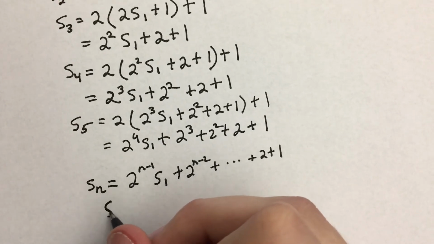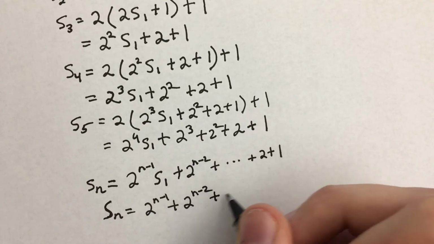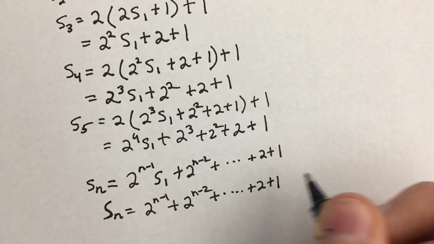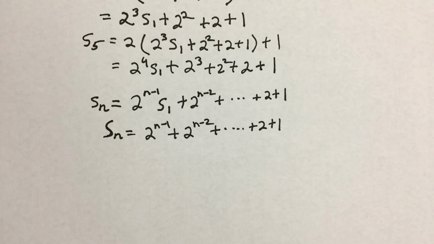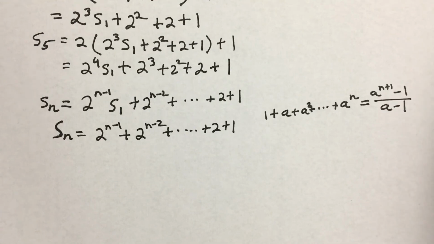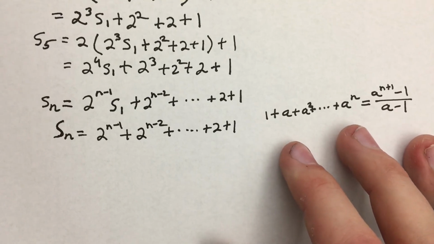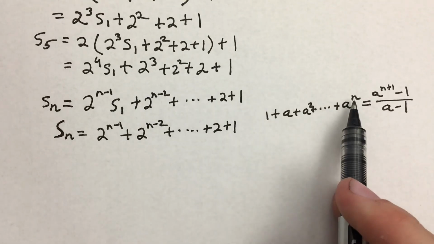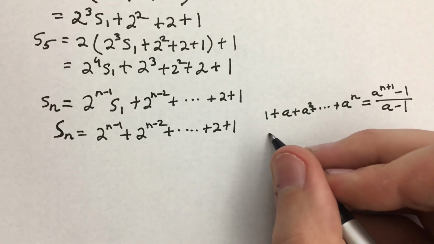So this tells us that S sub n equals 2 to the n minus 1 plus 2 to the n minus 2 plus dot dot dot plus 2 plus 1. And so now this looks maybe a little messy, but we can use an identity that we know to make this a little simpler. And this is just a mathematical fact that is true and that I may prove in another video. But for now, this is just something that is true. And so notice that we only go up to n minus 1 instead of n. So that means we're just subtracting 1 off of here, right? So instead of going up to n,